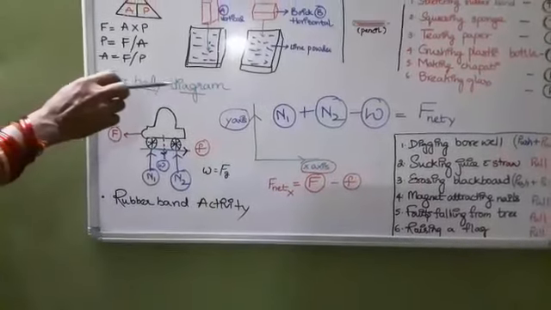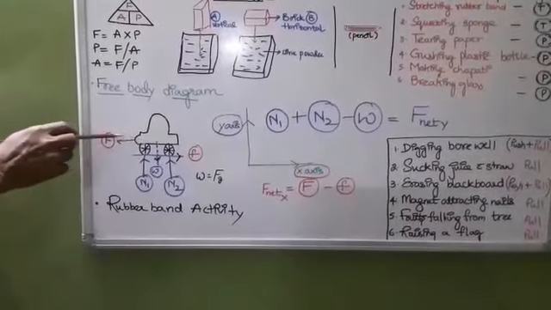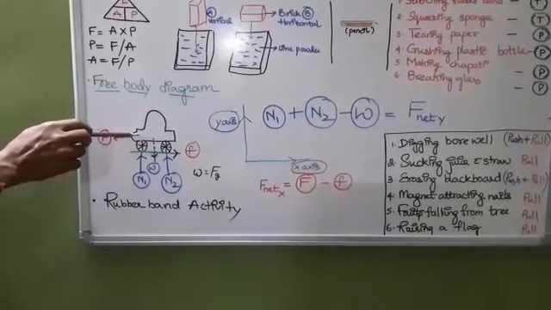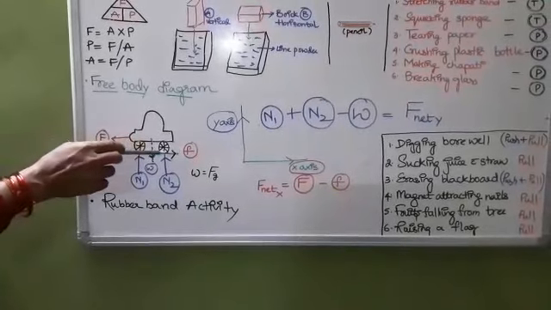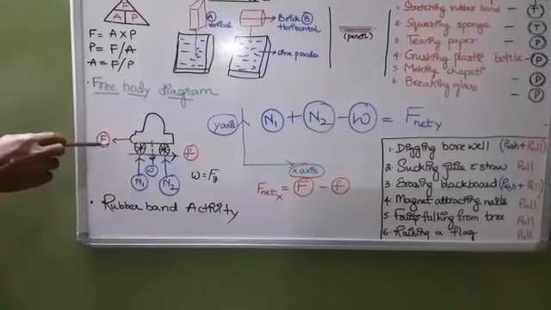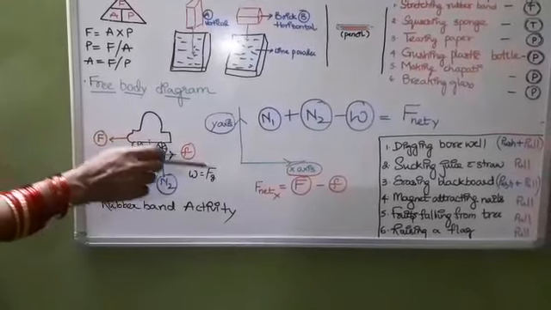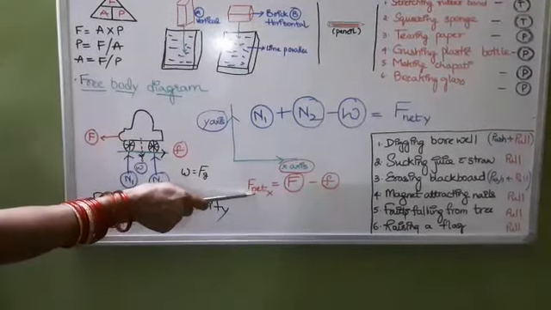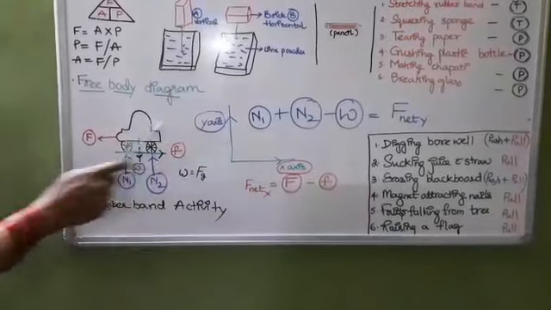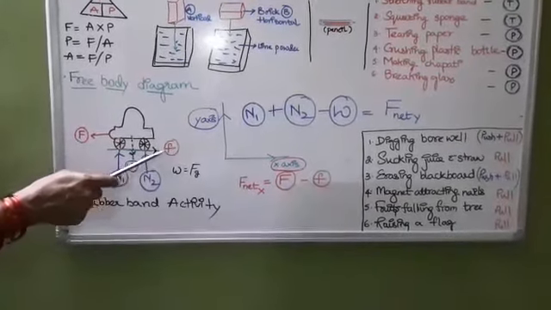That's about the free body diagram. Here, this is a moving car. The capital F indicates the force exerted by the engine. The small f indicates the frictional force exerted by the road, which opposes the motion. These two lie on the x-axis. The net force on the x-axis is the difference between the force exerted by the engine and the frictional force, F minus f.